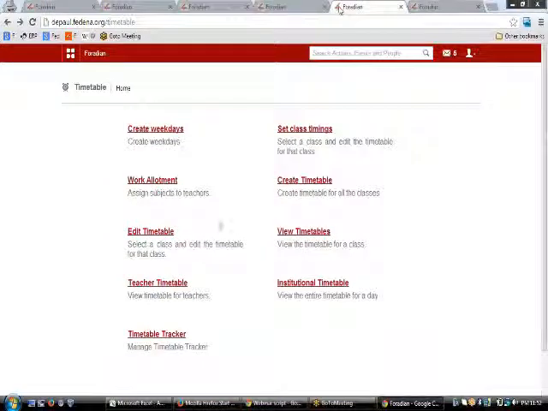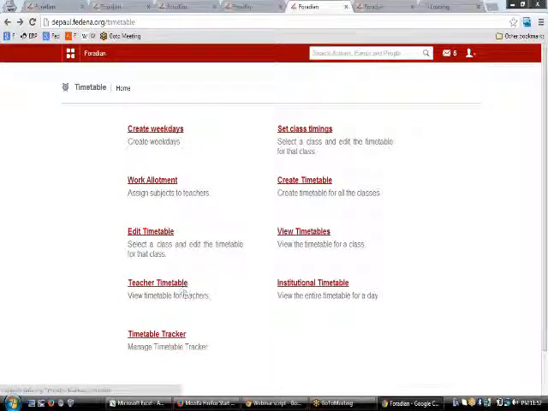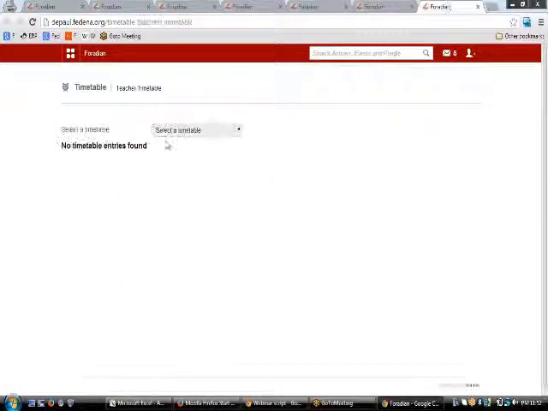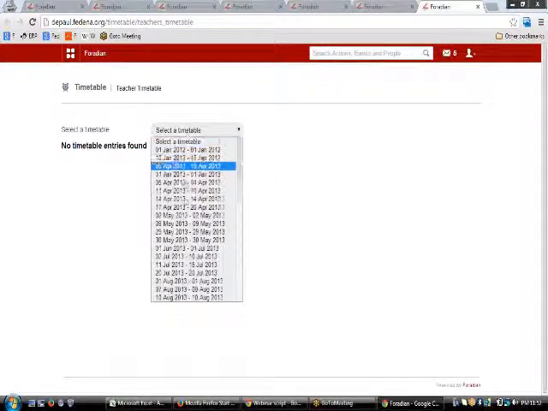Then we have this view tables where you'll be able to view the timetables from a particular date range to another, and then the teacher's timetable is the one where you'll be able to see the timetable of the teacher from the selected range.